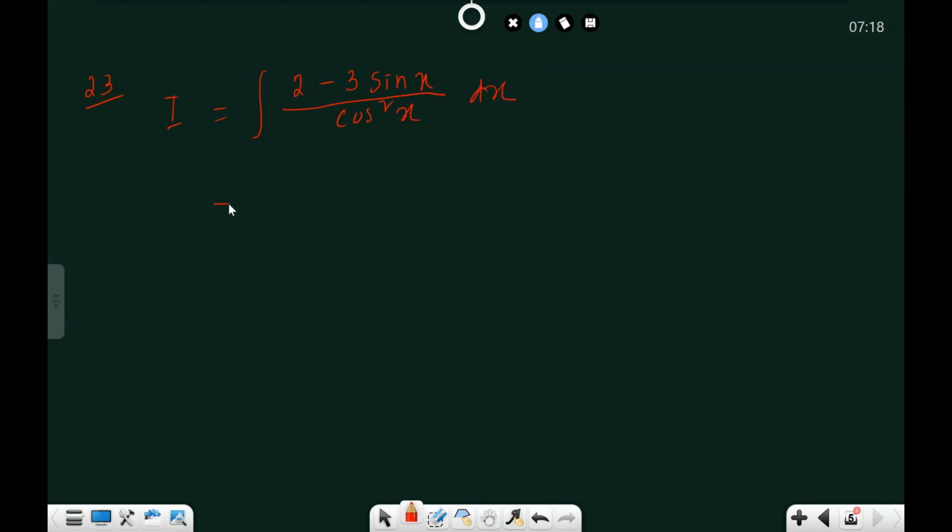So this problem can be done by taking just 2 by cos square x and 3 sin x by cos square x, just separate the integral. So 2 by cos square x dx, this one will be the first one, then minus integration of 3 sin x divided by cos square x dx. And so this is equal to, this 2 will come out of the integral, and integration 1 by cos square, all of you know this, it will be sec square x dx, then minus this 3 will come out, and